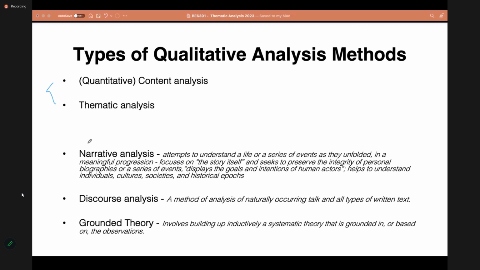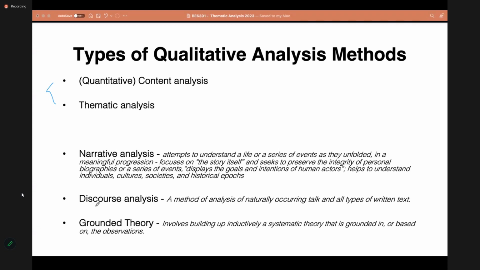You're trying to tell a story or a narrative about the event or the life that you're analyzing. And then there is discourse analysis, where you analyze naturally occurring patterns of talk and language in text.